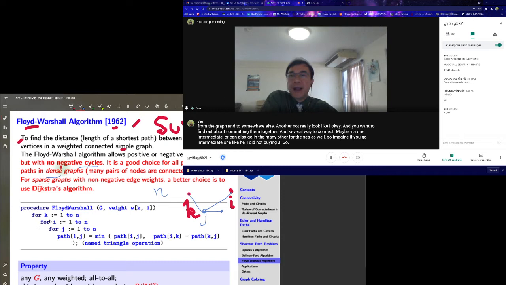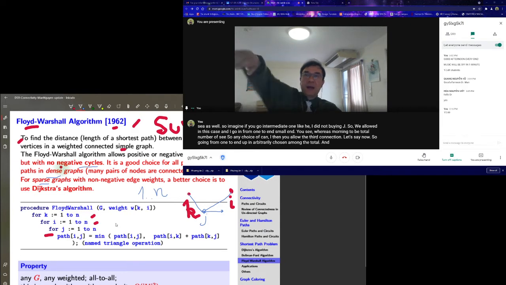We allow the indices k and i going from 1 to n, small n, where small n is always defined to be the total number of vertices. So for any choice of k and i, you allow the third index j also going from 1 to n, that means arbitrarily chosen among the total n vertices. Then you can update the length or the distance between